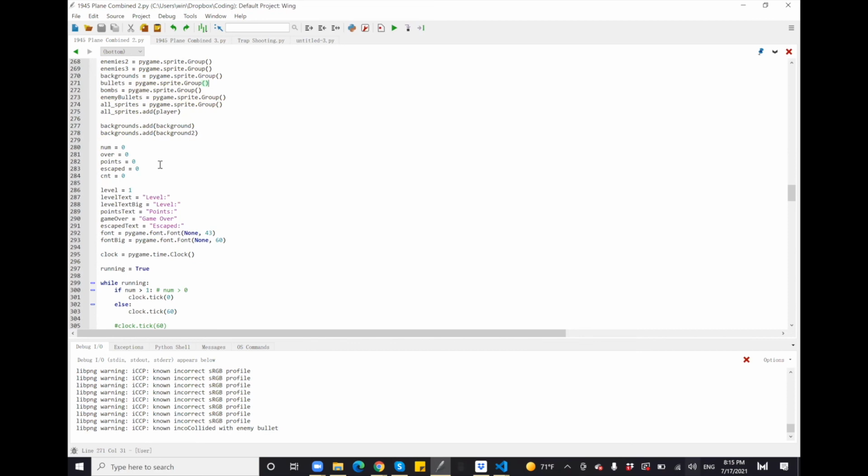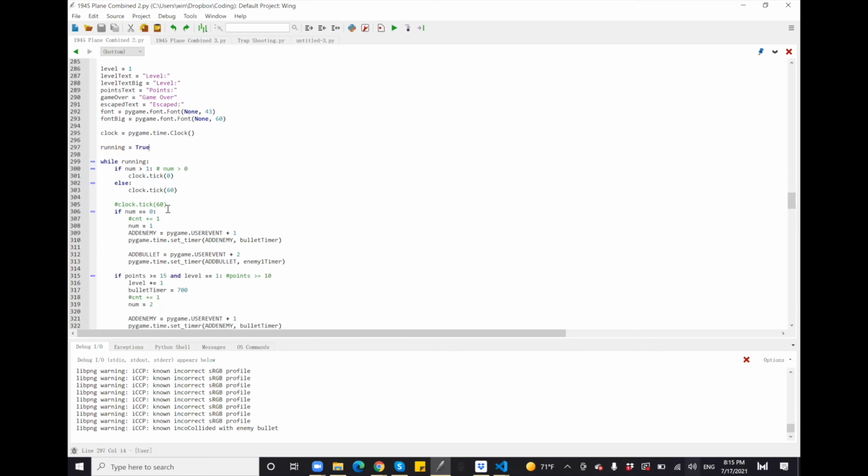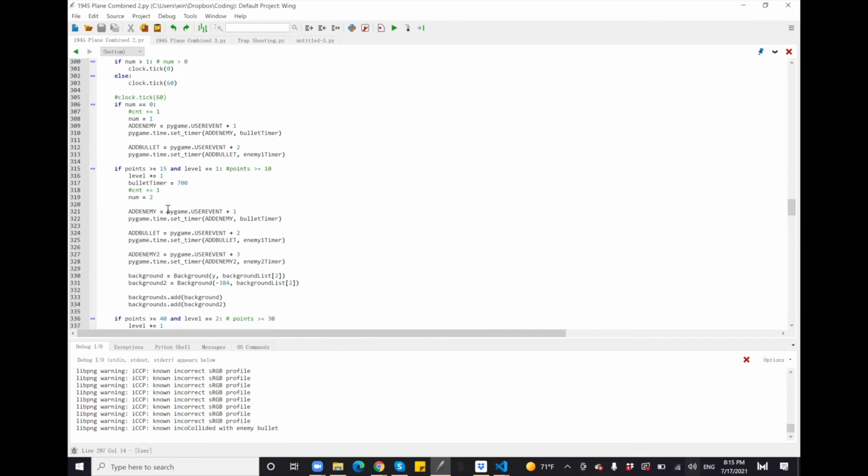Variables are above here. And this makes sure that the game starts running. And then if the player dies, it's going to be set to false, and the game will stop running. And so while the game is going,